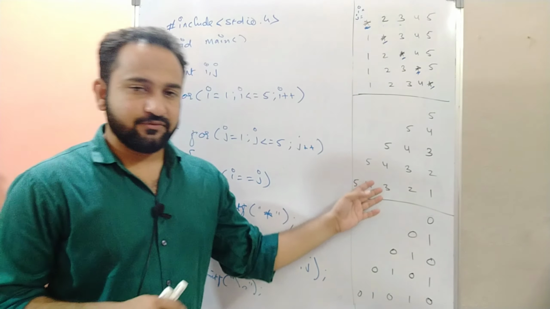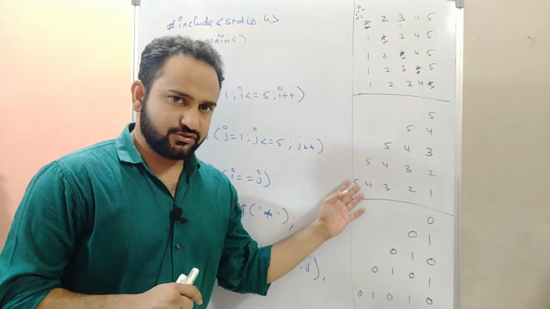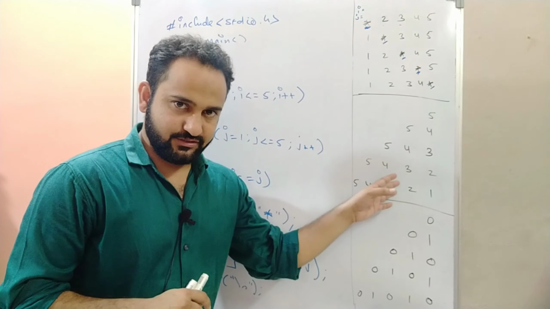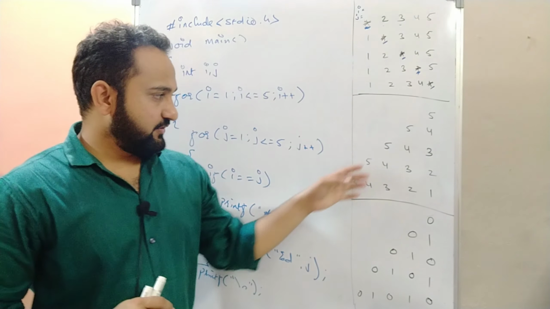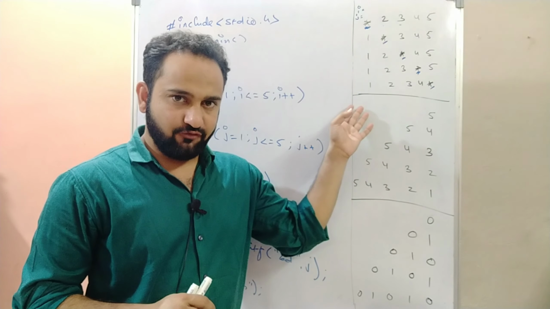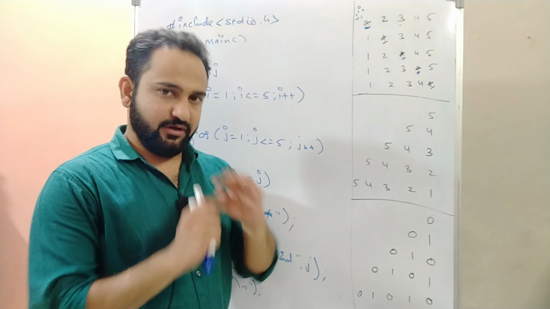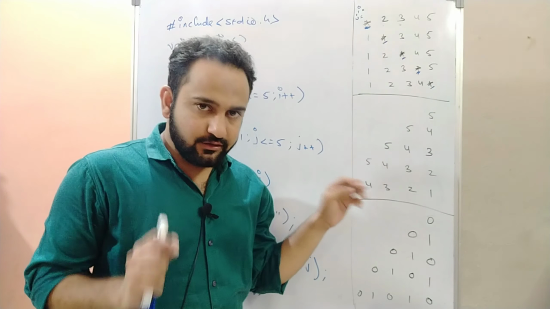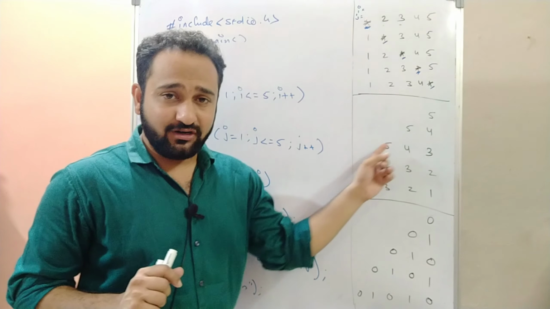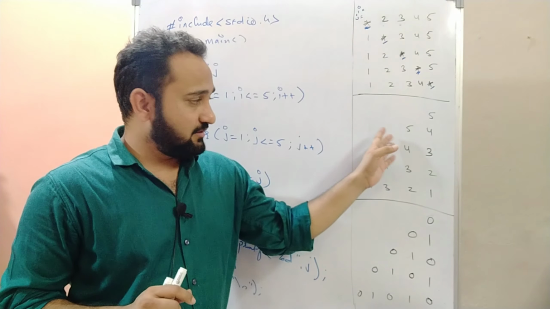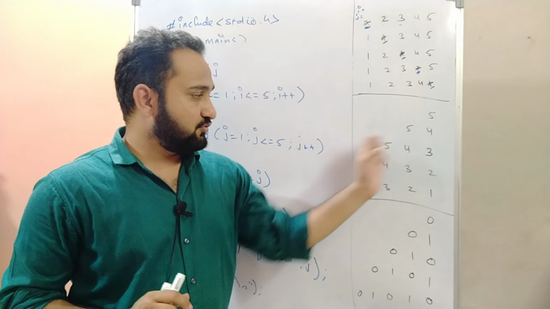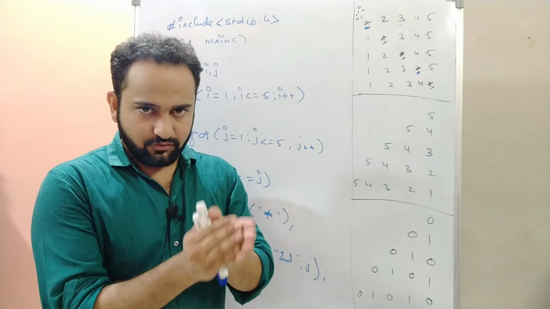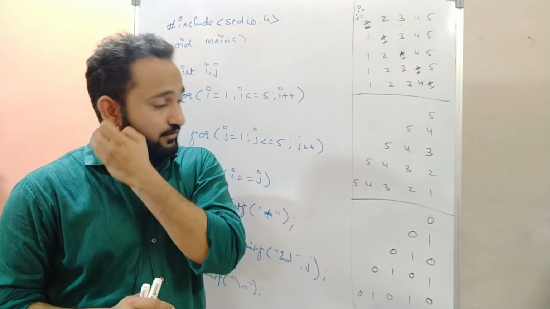So which alignment is this? This is mirror image alignment, right? So we have to leave spaces also. There will be a for loop for spaces also, inside your outer for loop. But here, if you see, you're not simply printing the value of j. It's not 1, 1 2, 1 2 3, 1 2 3 4, 1 2 3 4 5. It's 5, 5 4, 5 4 3, 5 4 3 2, 5 4 3 2 1.